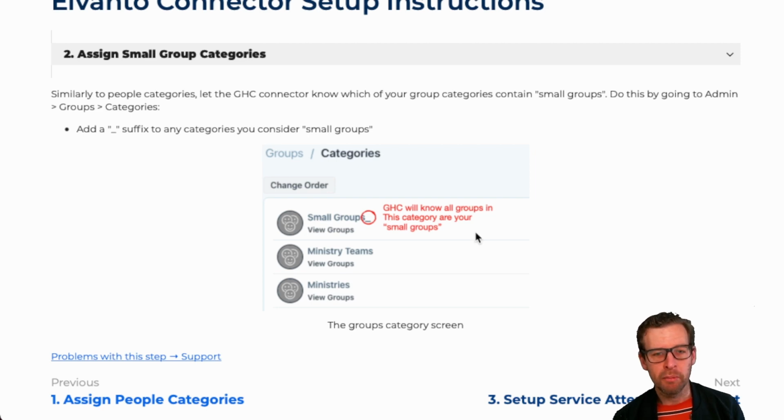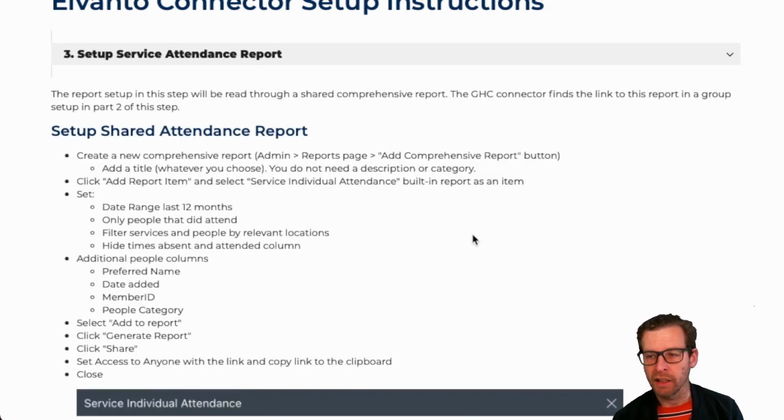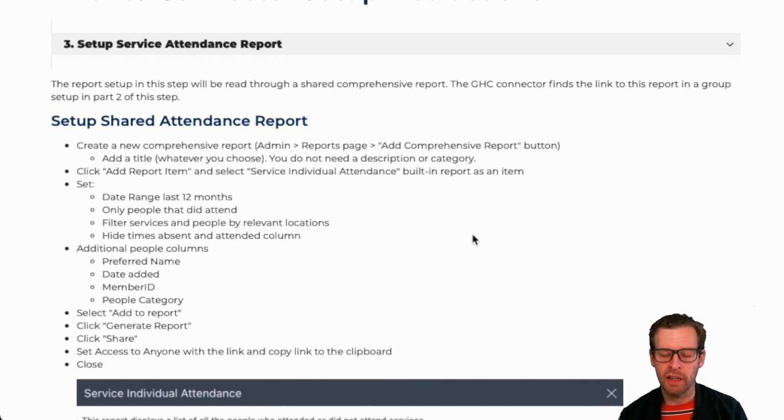Now this one's a little bit more complicated. This step here is the way that GHC is able to pick up on attendance records, both for services and for small groups. If you don't do attendance recording for services, you can either skip over this step and you'll get a spanner in your setup instructions, but that's okay because you're not using this, or you could actually set it up and you'll get 0 results, but it might actually help you think about perhaps using this part